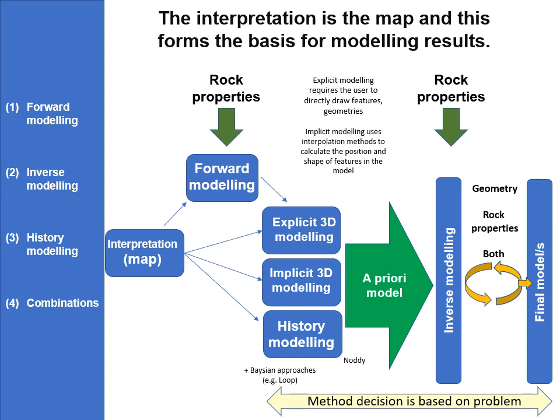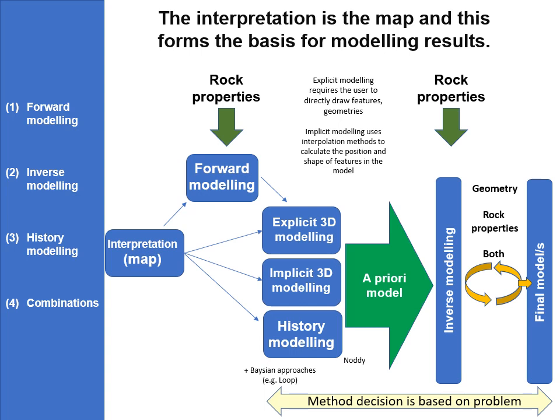This slide is showing the simplified workflows that we might undertake to develop a three-dimensional model using geophysical data sets to understand the crustal architecture. We really start from the position of the geological map or a geophysical interpretation, which is represented as a map. We may use forward modeling to help us to construct a skeletal framework to build an explicit 3D model, such as GoCAD, or that map may be an input into more implicit approaches to three-dimensional modeling.